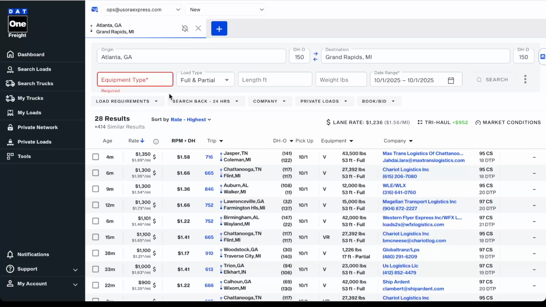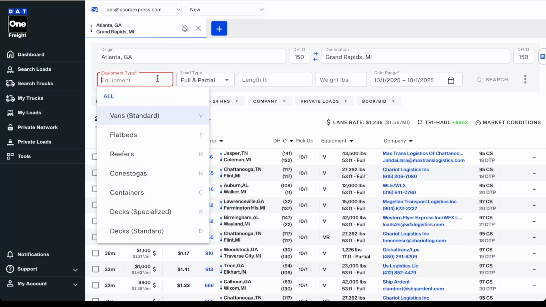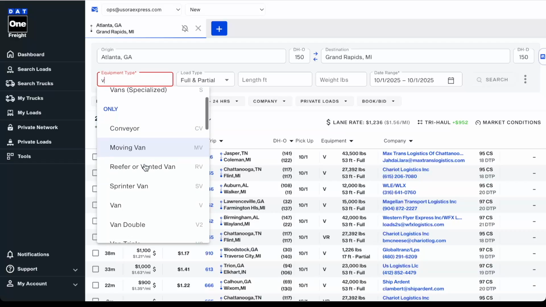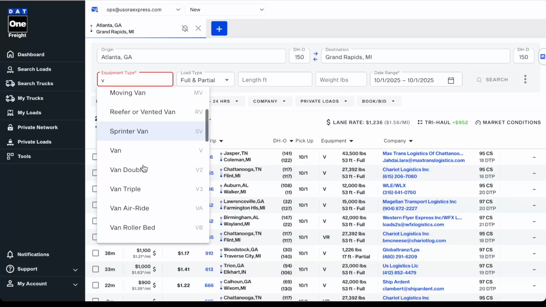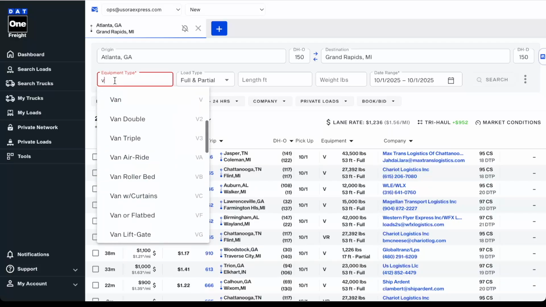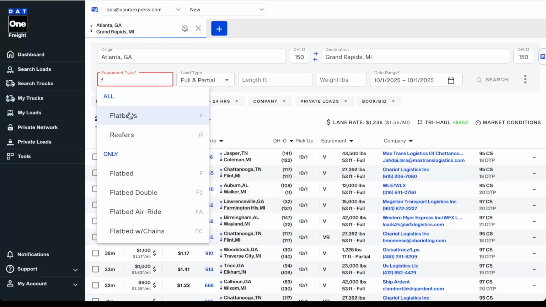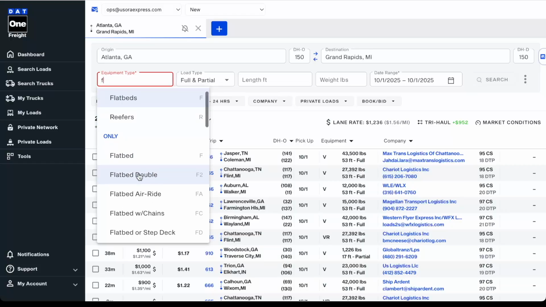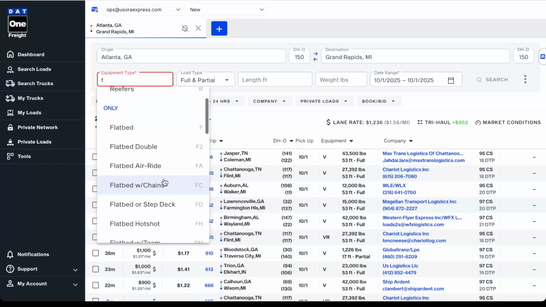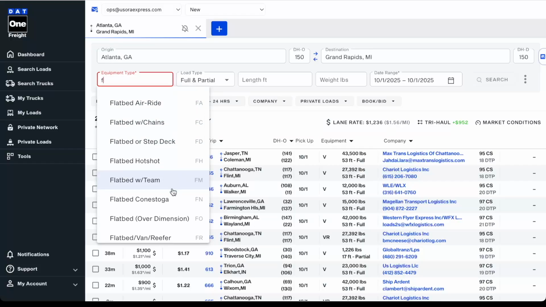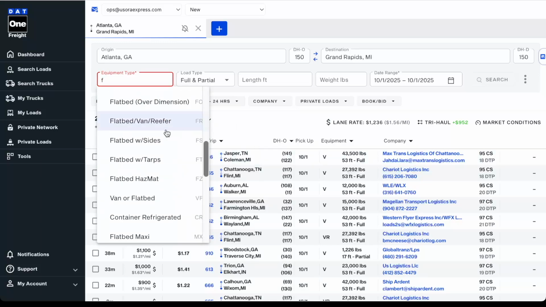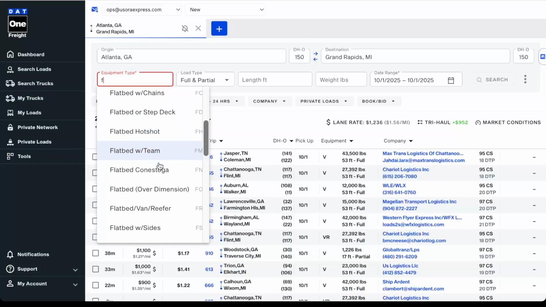Another thing that you can do here is you can look for specialized equipment. If you start typing in van, you will see van standard or van specialized, but you can pick from different options for your van: moving van, sprinter van, triple, roller bed, or you can do the same thing with flatbed. You can have just flatbed here, or you can have specialized flatbed double, flatbed with chains, step deck, team, Conestoga, etc. A lot of options here, and people don't know that you can scroll down here and be very specific